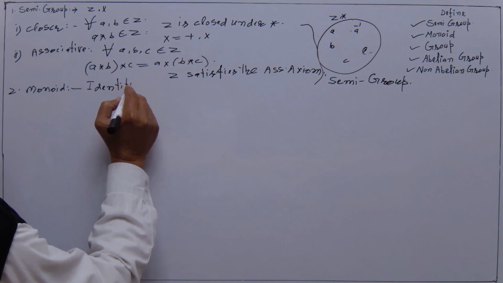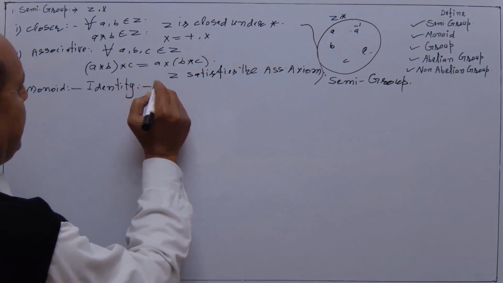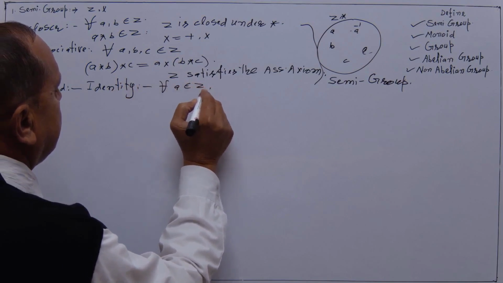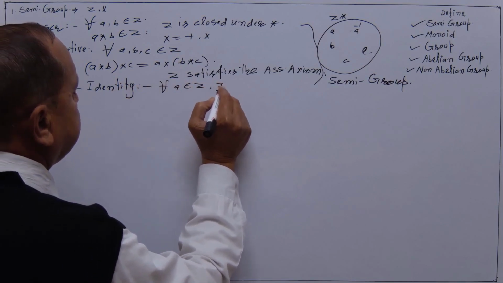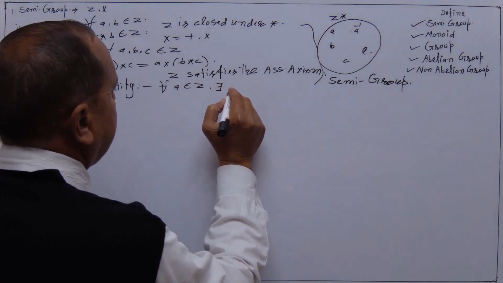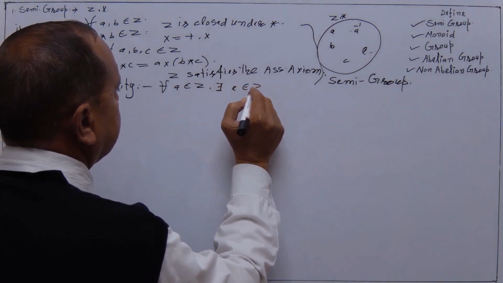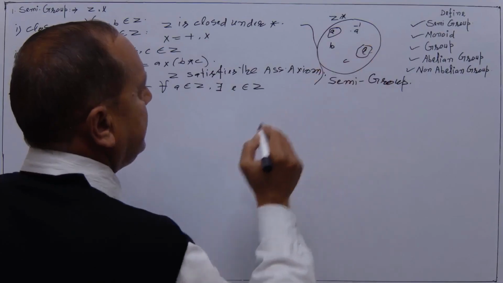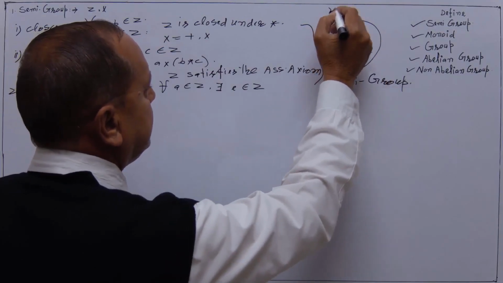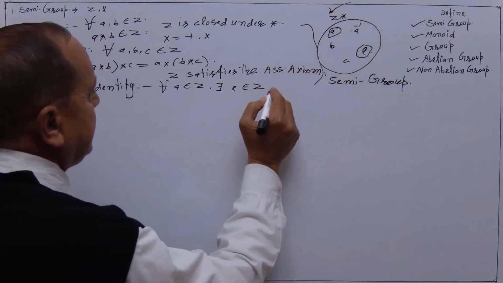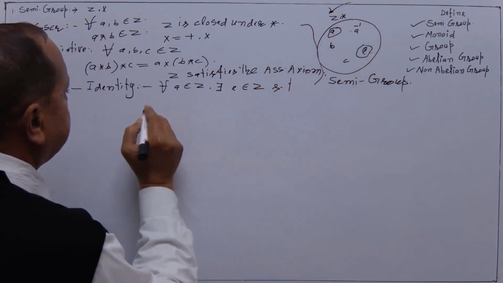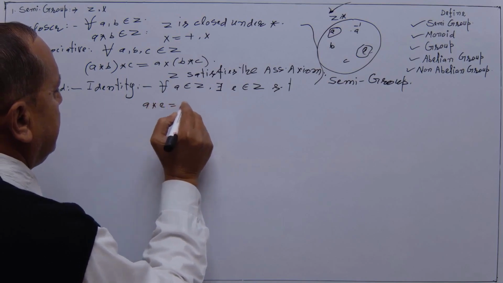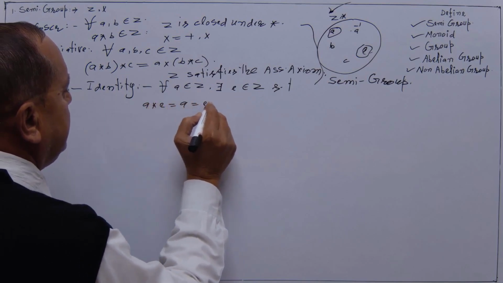For every a belonging to set Z, there exists an element e also belonging to set Z, such that a star e is equal to a is equal to e star a,